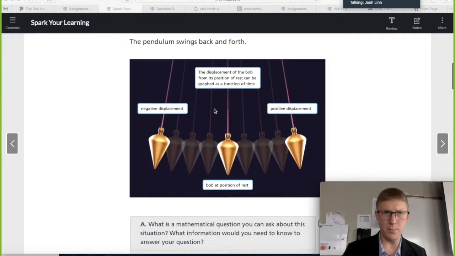The example they use is a pendulum as it swings back and forth, back and forth. And if you imagine you put maybe a little laser beam on there, and then you had a piece of paper going by at a given speed, you would get kind of a back and forth shape. So when it comes to sine, cosine, and tangent, the whole point of learning all these trig